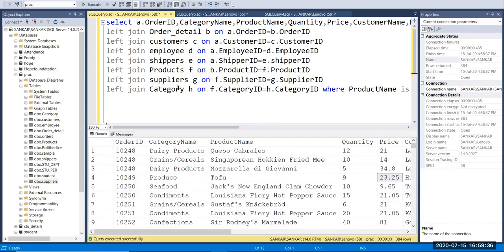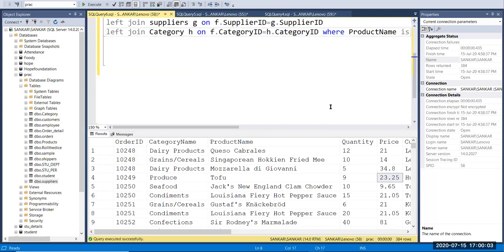If you want this query, I'll share it for your reference, right? Do you want this? Tell me, guys. You want this query? Yes, sir. Okay, I will share it in your group.